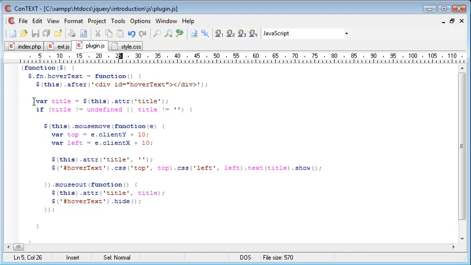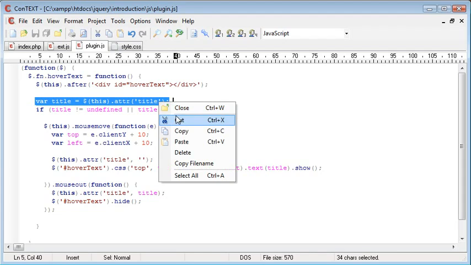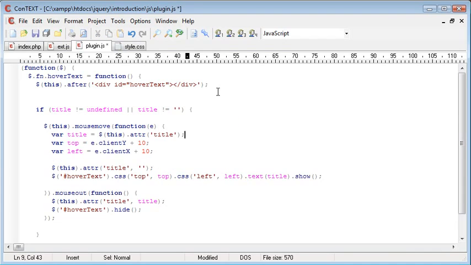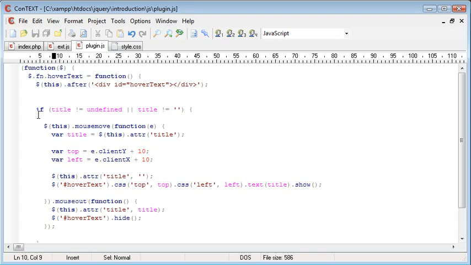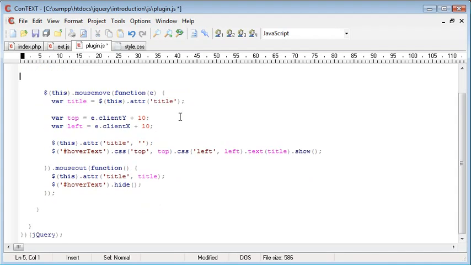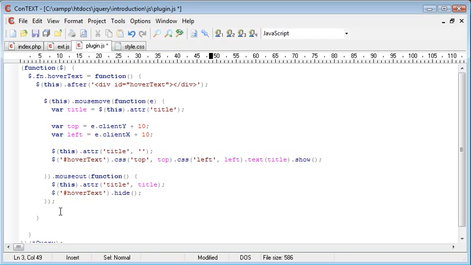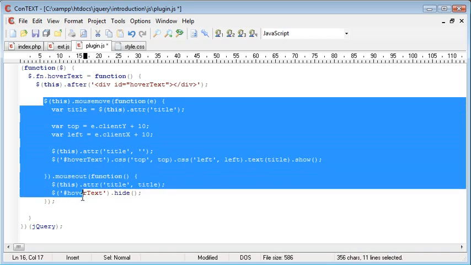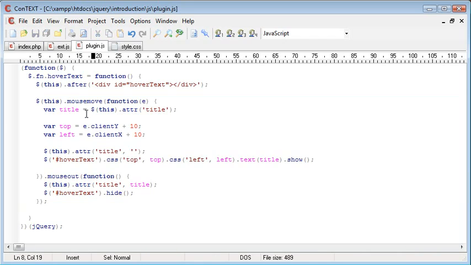So the first thing I'm going to do is get rid of this, and I'm going to place this inside of here. And now I want to take this loop here, or this if statement here, and get rid of it and pull this up, and then I want to delete this here. So now I'm going to indent that, or take it back a bit, and we can apply this if statement inside of here. Right, so